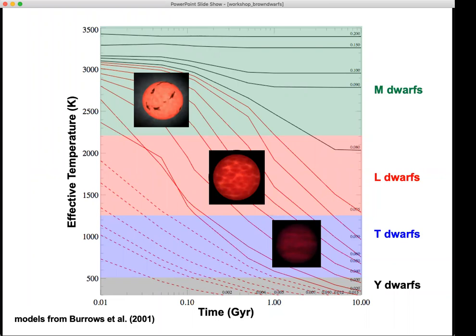Yeah, so remember I had this temperature versus time plot from the theoretical model. If I put that range of temperatures on here, if you follow one of these middle red lines, so like this is a 5% of solar mass object. That object is an M dwarf when it's something like 100 million years old. It cools off into an L dwarf, maybe when it's 300 million years old or so. And then it cools off to become a T dwarf when it's like 2 billion years old. And if it keeps going, it'll eventually turn into a Y dwarf at about 10 billion years old. So this MLTY sequence turns out to be a sequence of evolution for these objects,